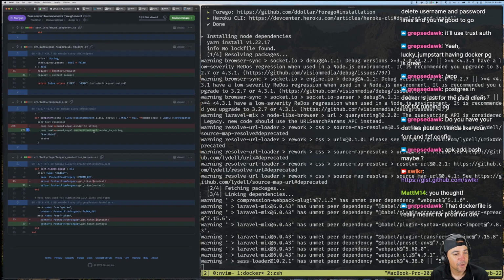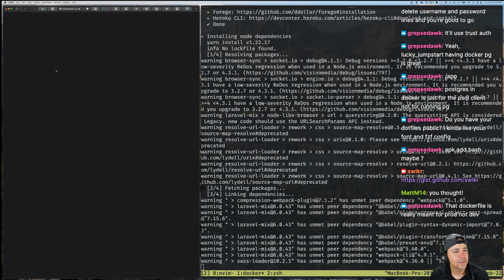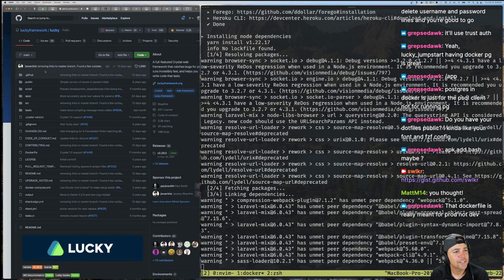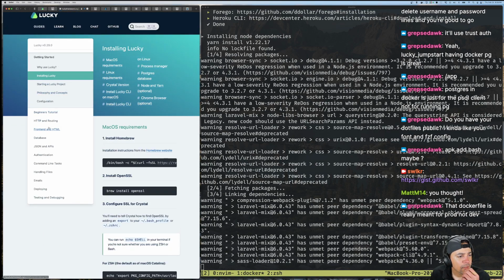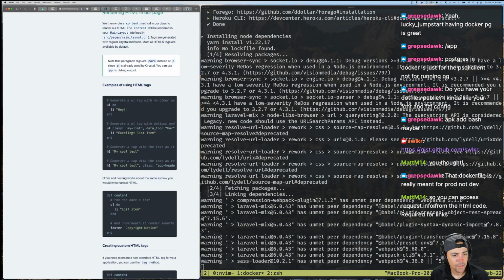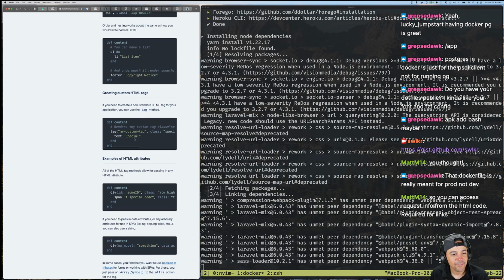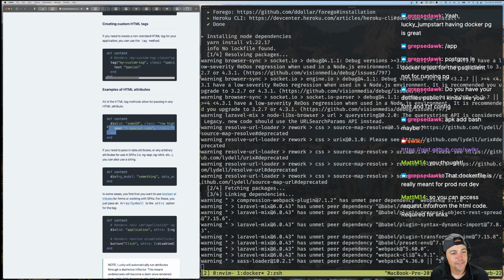I'm guessing component is the view stuff, the Lucky HTML stuff. Let's see, command line task handling, deploying, HTML forms, rendering HTML. Yeah, is this what a component is? I have no idea. So you can access request info from the HTML code. Oh, I see. Okay. There's just a nicer API for your paths and everything. Renders, custom. Oh, this is a good idea. Huh, interesting.